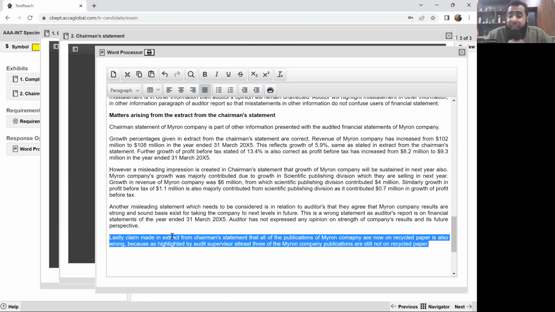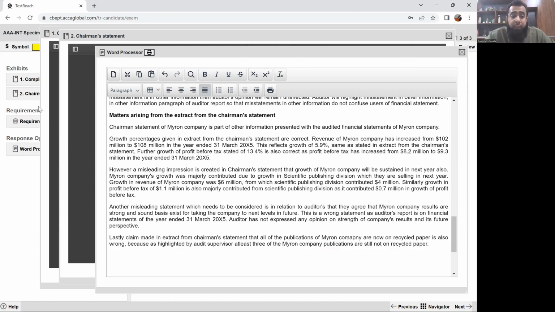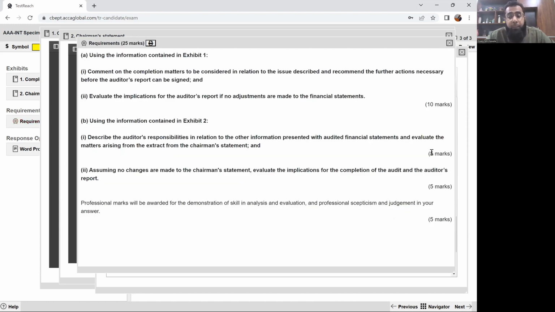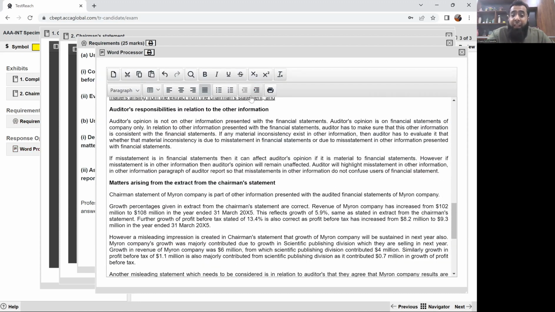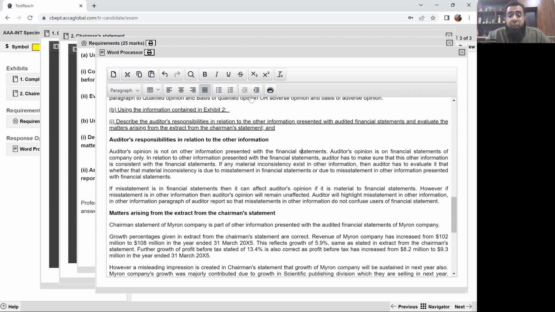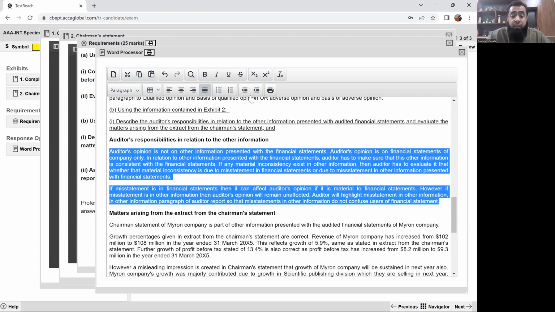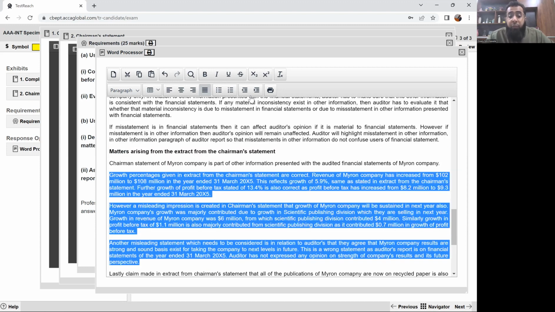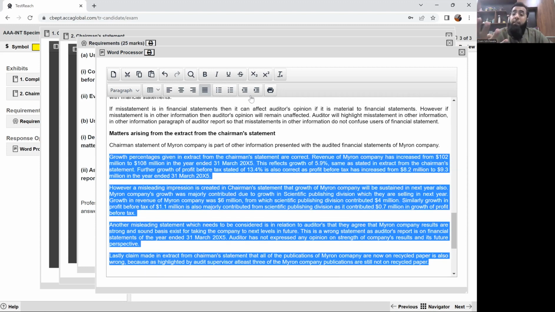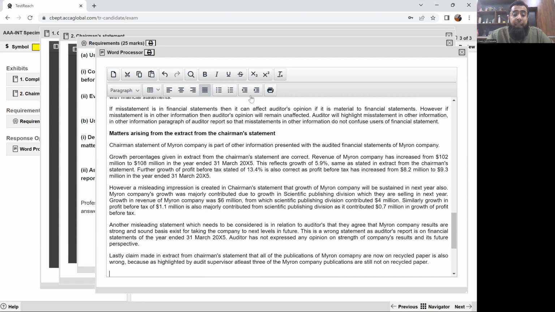So believe me, this was an easy requirement of 5 marks. If we consider 1 mark for each requirement, we have written extra. We wrote 2 paragraphs in relation to the auditor's responsibility, so you can consider 2 marks for it. Then we commented on 4 things on the chairman's statement, so if you consider 4 marks, we have written extra. If you write extra points, then in case any one of your points is not included in the marking scheme, or does not satisfy the examiner, the examiner can still give you marks for the extra comments you wrote. Now let's move towards the